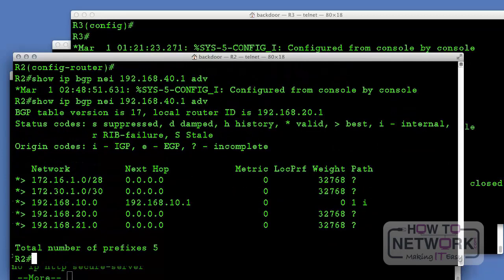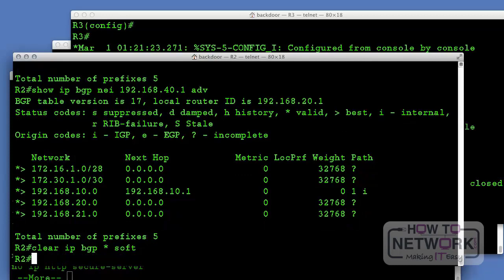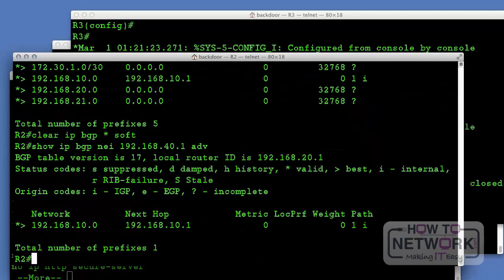But as you will see, he's still learning 5. We're still advertising 5 even though the distribute list is in place. And we can wait as long as we want. That's not going to change. What we need to do is a soft clear on the BGP neighbor relationship. Now again, if you do a hard clear, it's going to tear down the relationship. We don't want that. We just want to make sure the updated routes, the updated distribute list, takes effect, and there it does. So as you can see in BGP, the clear commands play a big role in properly administering